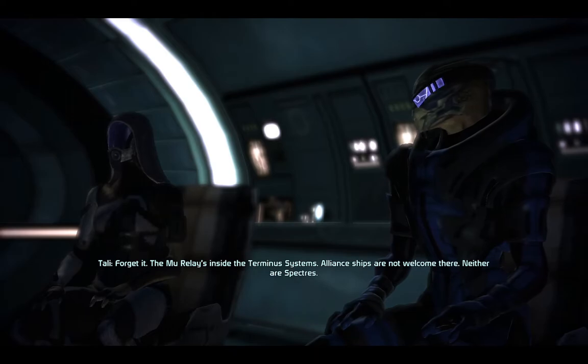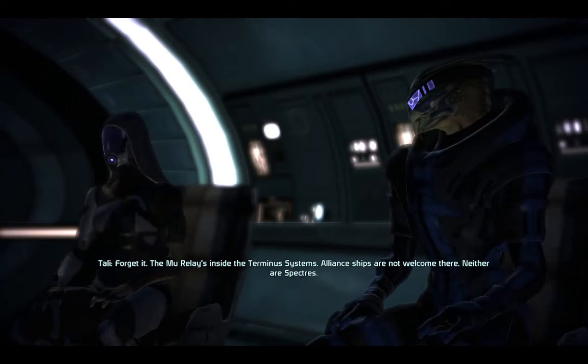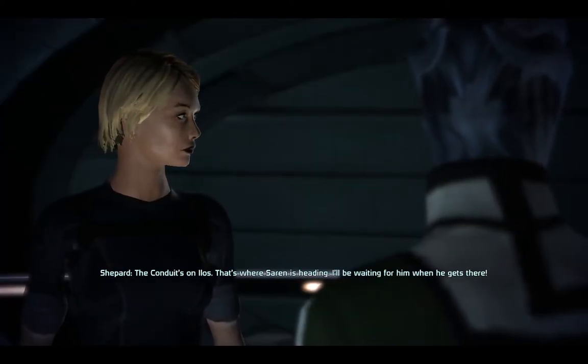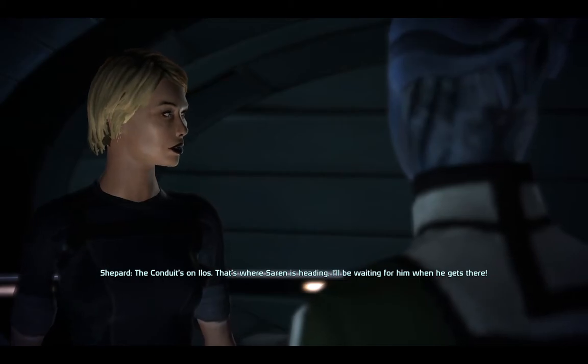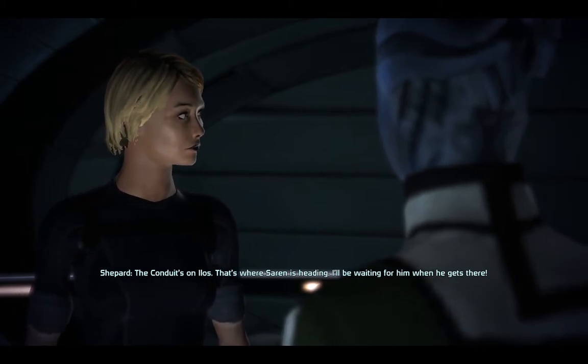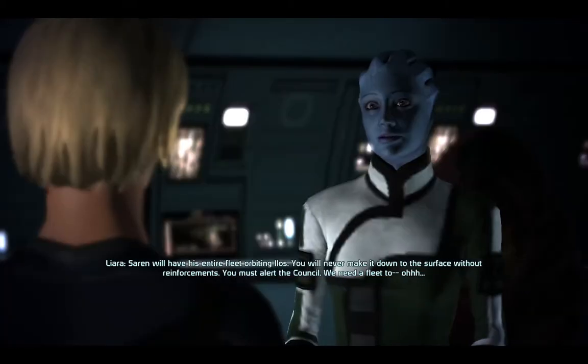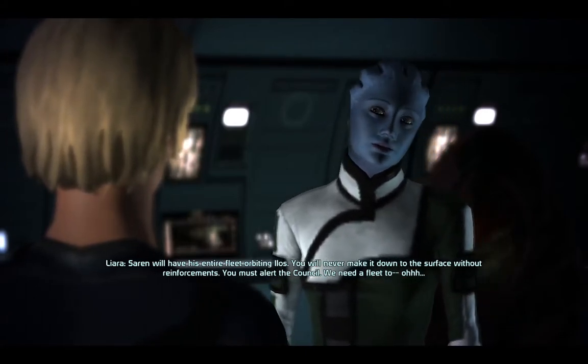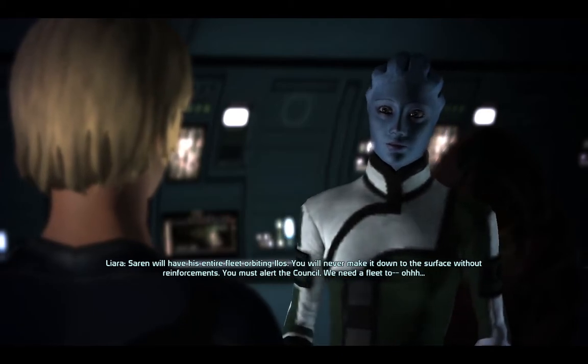Forget it. The Mu relay's inside the Terminus systems. Alliance ships are not welcome there. Neither are Spectres. That won't stop me, Tali! The conduit's on Ilos. That's where Saren's heading. I'll be waiting for him when he gets there. Saren will have his entire fleet orbiting Ilos. You will never make it down to the surface without reinforcements. You must alert the Council. We need a fleet to...